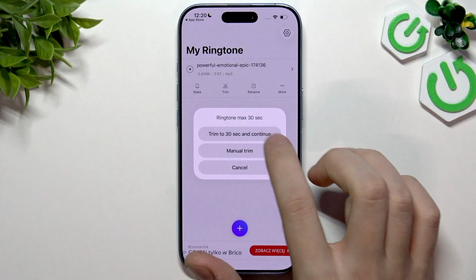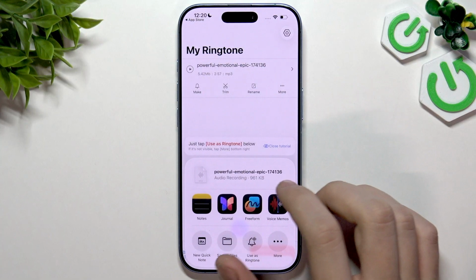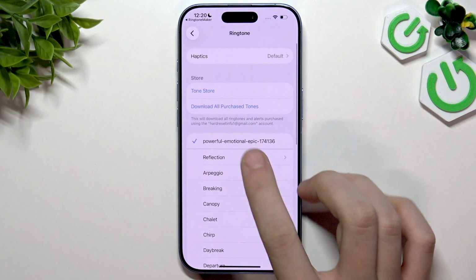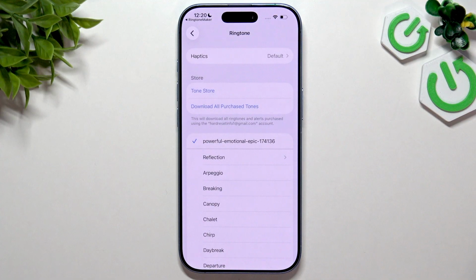Make. Shrink to 30 seconds and continue. This is here. Now, tap Use as Ringtone. And it's here. And if I now call my